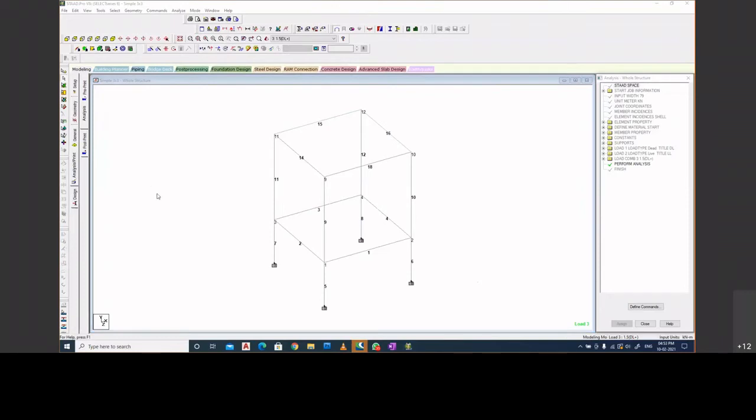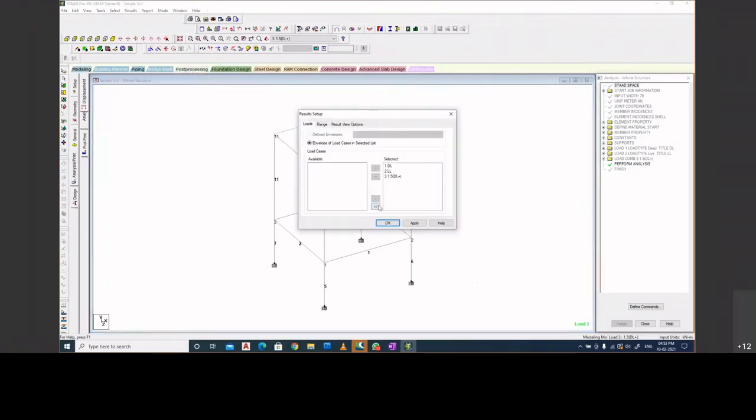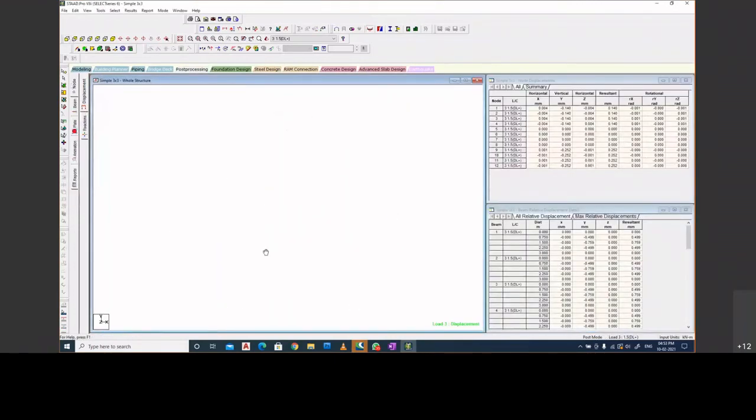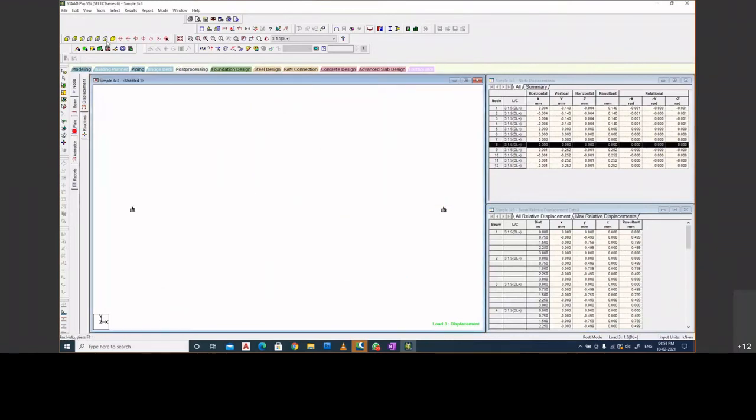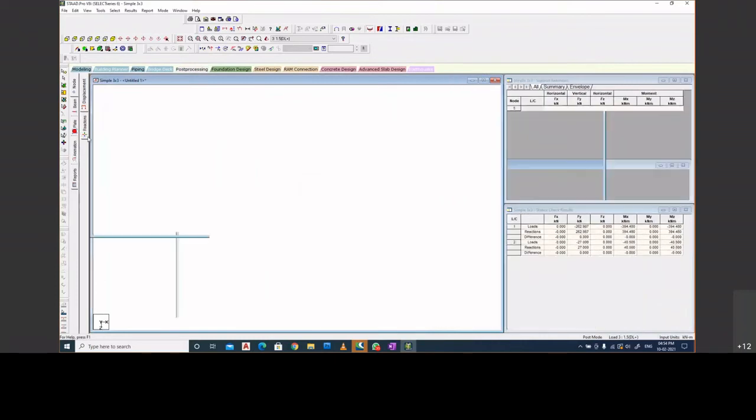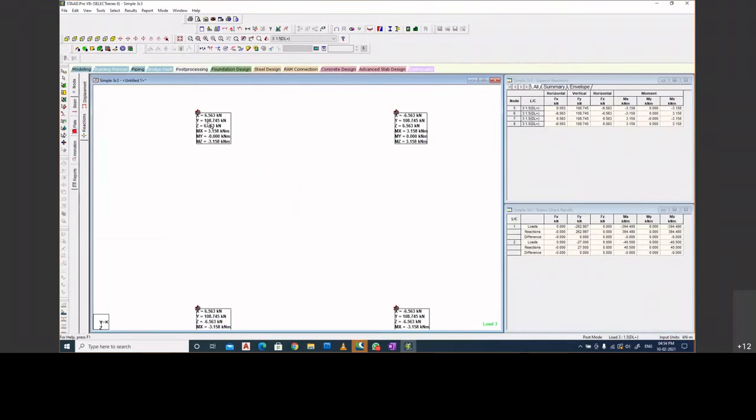Okay, fine. So now let us jump to post processing to get the results, and we will get the results for 1.5 times dead load plus live load. Apply, click on OK. Now let me come to the front view. Very quickly select the support reactions, right click it, ask for a new view. OK. Let me come to the top view and let me click on reactions. So you see I have the reactions. They are 108. Okay, 108. So all of them are equal. That signifies that it has correctly taken the model. It is not that somewhere there is discontinuity and the reactions are different.